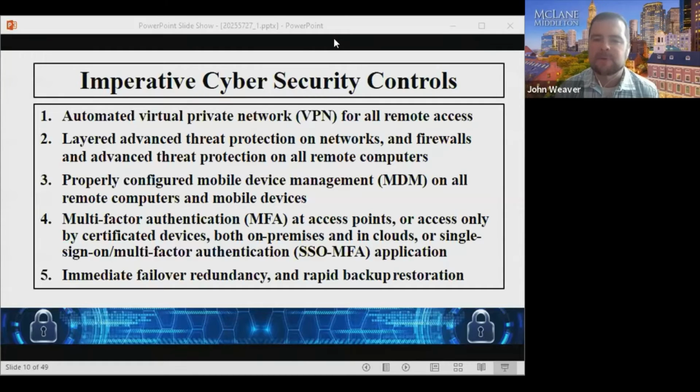Thanks, Cam. Number two, layered advanced threat protection on networks and firewalls, and advanced threat protection on all remote computers. This might sound like complicated tech speak, but basically there are threat protection programs that information security professionals use that are designed to seek out and identify behavior on your networks and devices that isn't consistent with what your actual users do there. So, for example, if there's a bad actor in your system sending out hundreds of gigabytes of data in a way that's completely inconsistent with what your users actually do, that would be flagged and appropriately quarantined